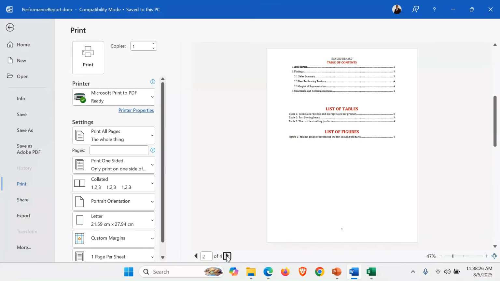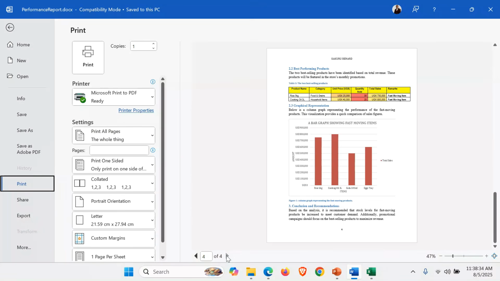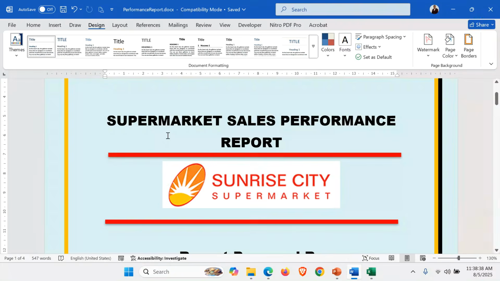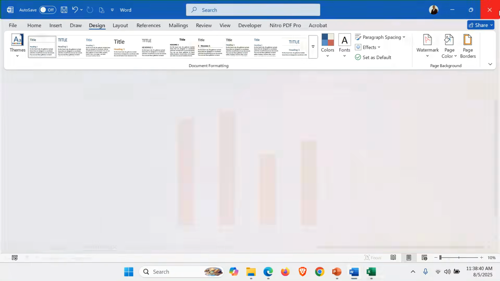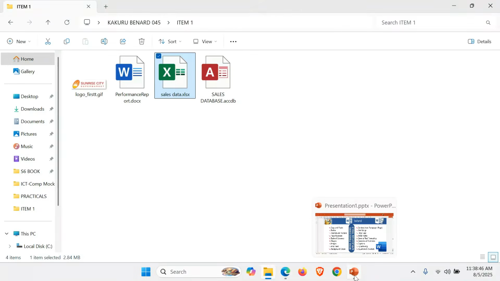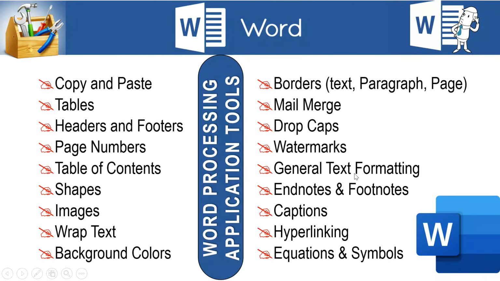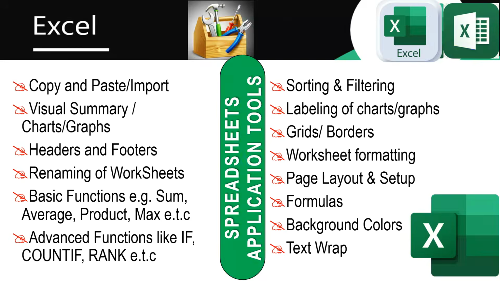That is page 2, tables, list of figures, table of contents. That is your report. So print and close your work. So we have finally manipulated data using different application programs which involved word processing,